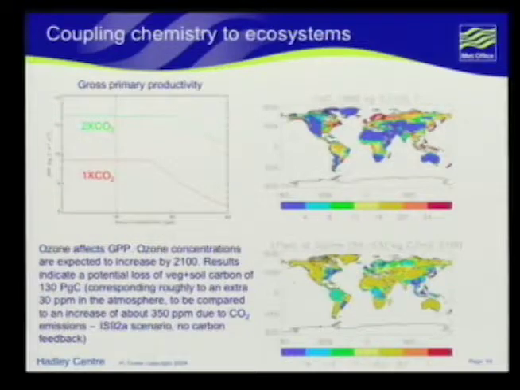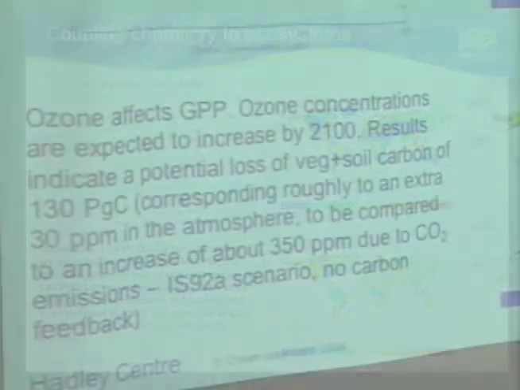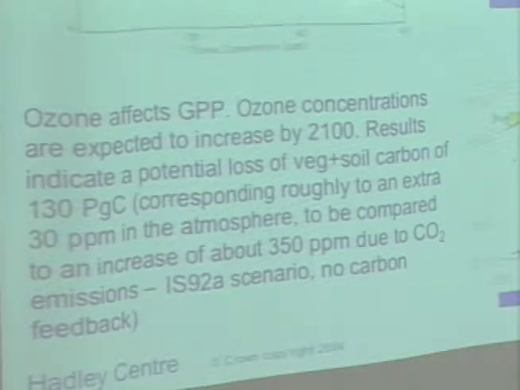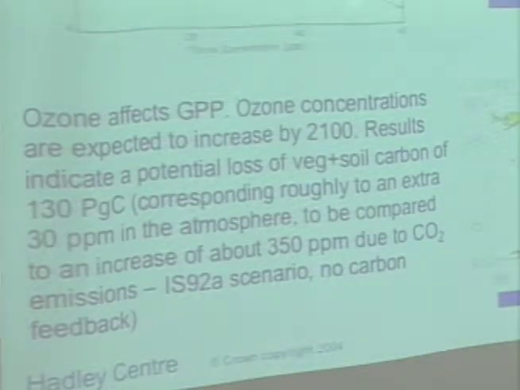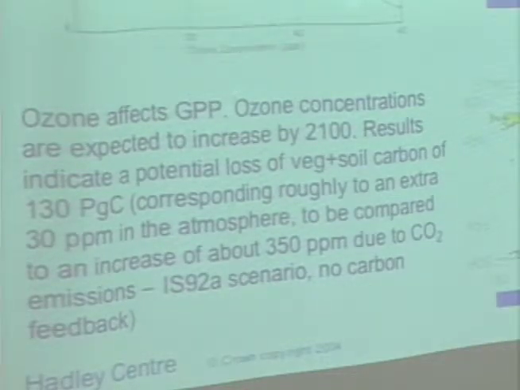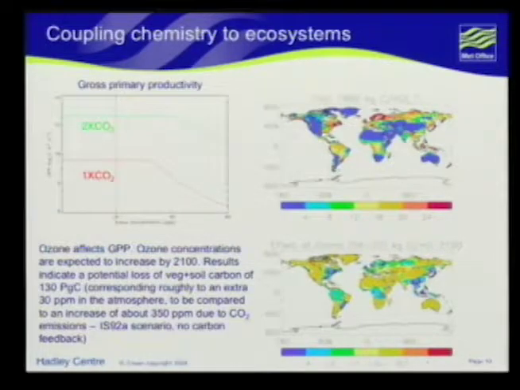So that's an earlier version of his results. I'm not sure about the new results, but I think they were roughly the same order of magnitude. So 130 petagram of carbon, if you divide by 2, will give you 65 ppm in the atmosphere, and then you could argue that half of that will go in the ocean anyway, so you're talking about a feedback of 30 ppm under that particular scenario. So that's on the edge of what you want to consider.